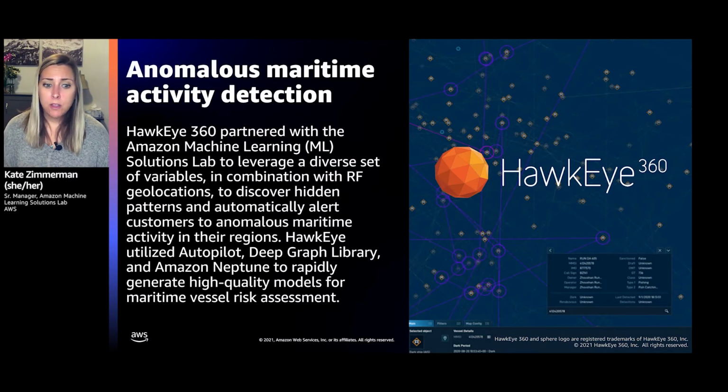And so what we quickly found was that the algorithm we were thinking would work was actually not the one that worked the best. So we were off trying to use the wrong algorithm. It was not what our intuition told us, but the results didn't lie, right? Once we made that pivot, we were able to show some real success, and demonstrate alongside Hawkeye that we can predict whether or not there's a risky vessel. This can be a very useful tool for countries to be able to detect illegal shipping traffic faster and more accurately.